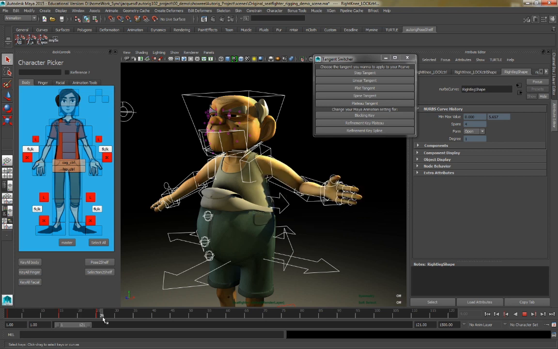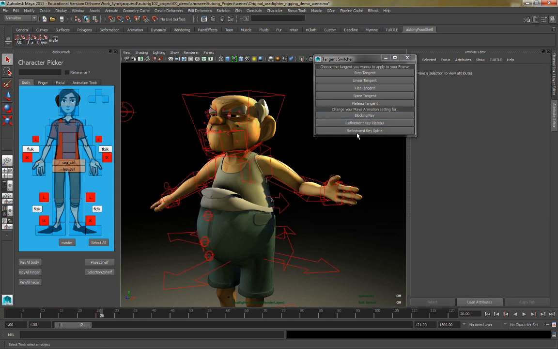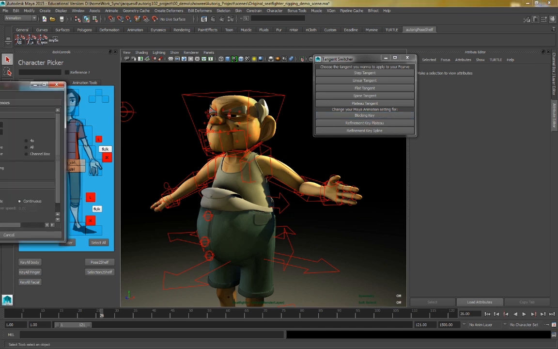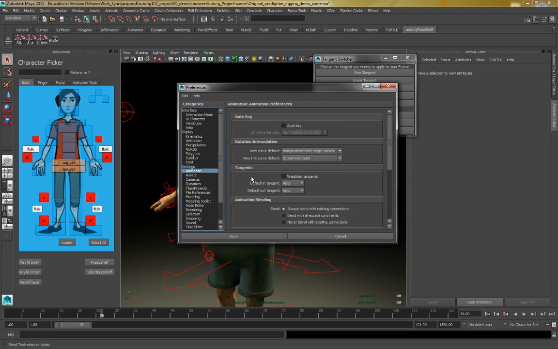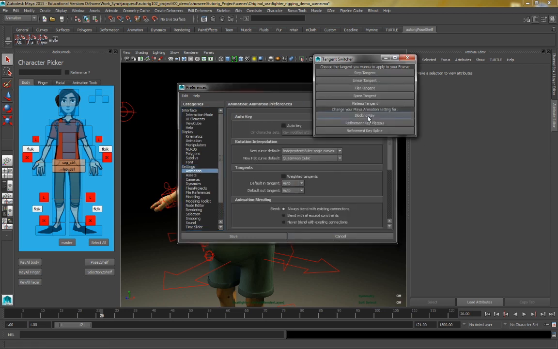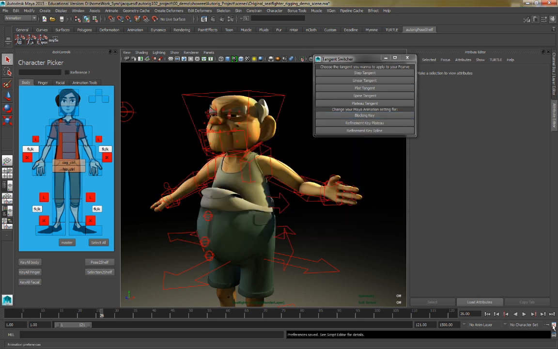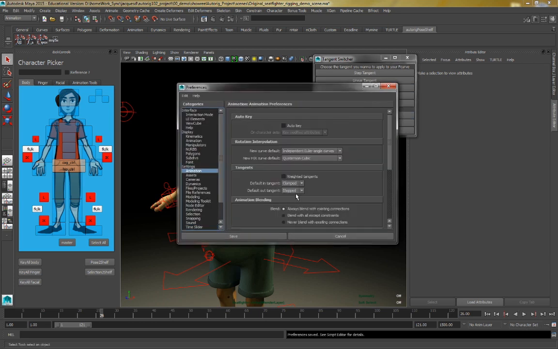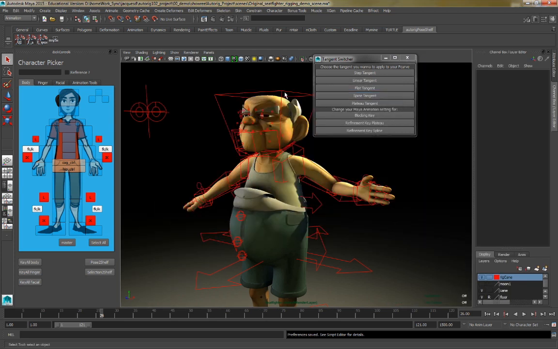Another feature is this. It changes your Maya animation settings. By default, your animation settings are set to auto and auto. Sometimes you don't want that, so you want to change them to blocking. Then you see them again. Now each time you set a keyframe by default on a new object,